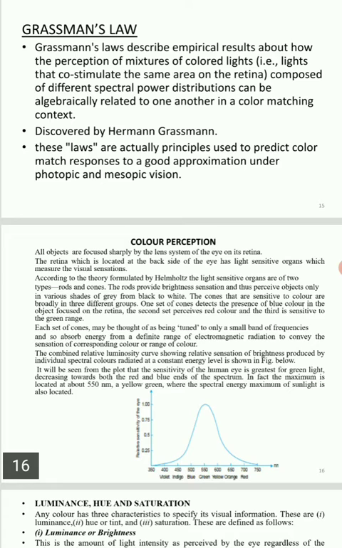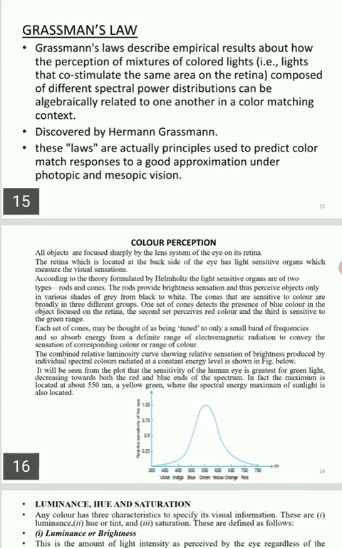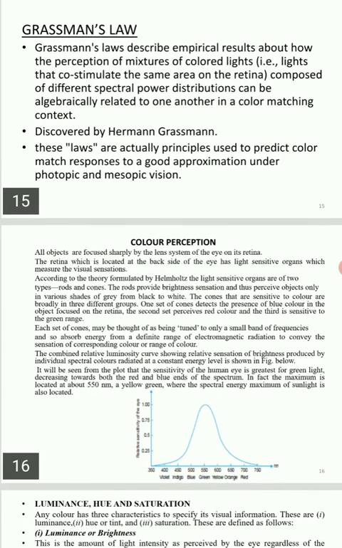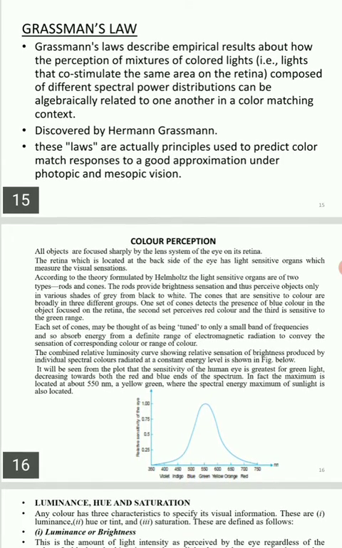All objects are focused sharply by the lens system of the eye on its retina, and the retina, which is located at the back side of the eye, has light sensitive organs which are used to measure the visual sensation. According to the theory formulated by Helmholtz, the light sensitive organs are of two types, rods and cones.